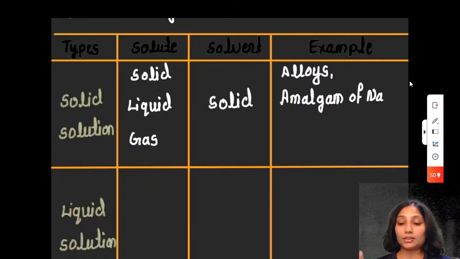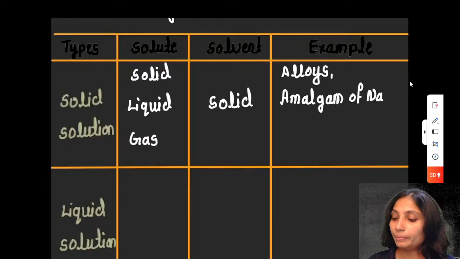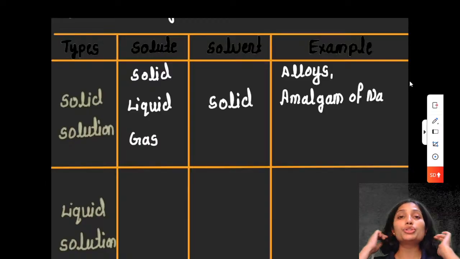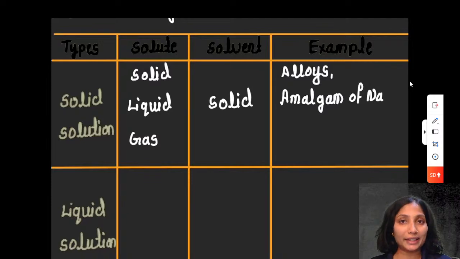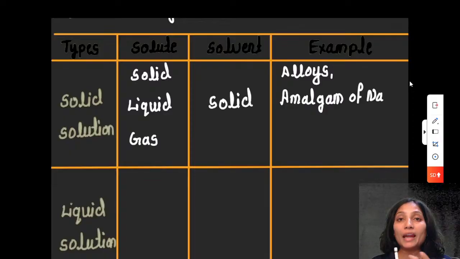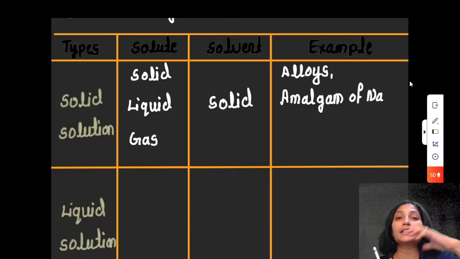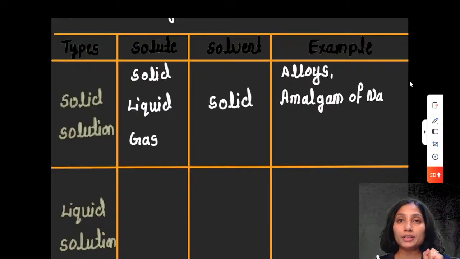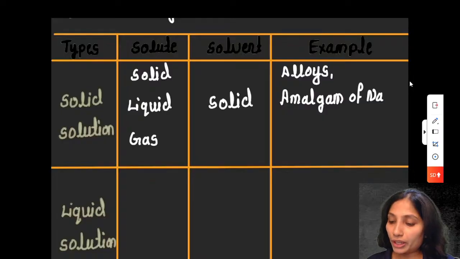gas. Solute is a gas. Which example we can give here? See, in hydrogenation reaction, we use catalyst. Which catalyst we use in hydrogenation? Hydrogen in the presence of platinum, palladium or nickel. All these platinum, palladium and nickel, they are metals. When hydrogen is passed over that, hydrogen will go into that metals and it makes a homogeneous solution. So we can consider example of gas in solid as